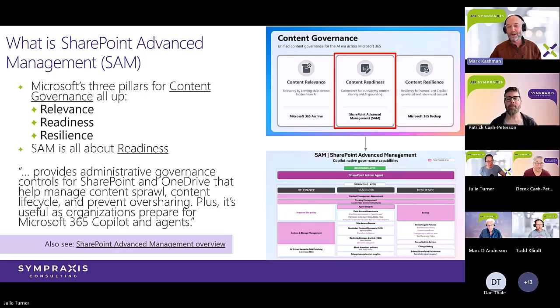There's a great link here if you want an overview from Microsoft. And I'm also going to paste in one more thing that I got from our friend Bill Bear, of how he defines SAM, which is kind of a fun, cheeky way to do it. SAM, the acronym, stands for Sort All the Mess. And if you pair that with what we'll talk about in a little bit, the admin agent, it somehow automates madness. So I'm going to leave you with that thought with Bill, move us into Derek to take us to the next level of understanding. But SAM at the highest level is a really great tool for admins.